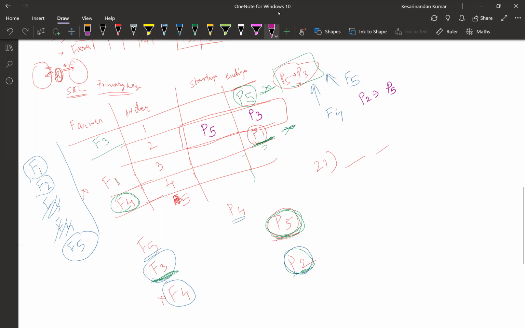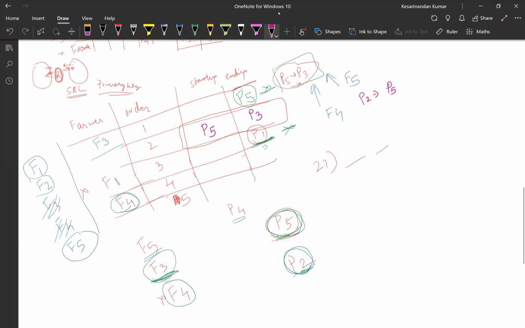what is the assumption we have taken? P5 will be ending for which? F3, right? F3. So according to that assumption, we have just one option left, P5 to P3 placed for stage 2, right? Yes, Kesri. Perfect. Now P5 to P3 is done. So